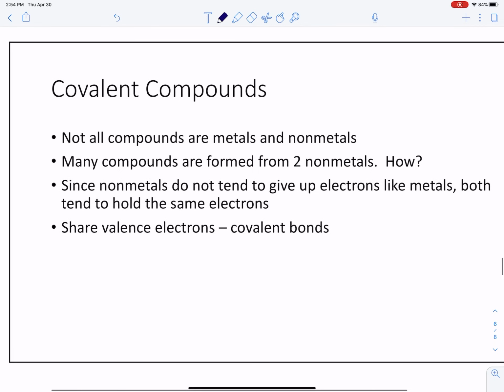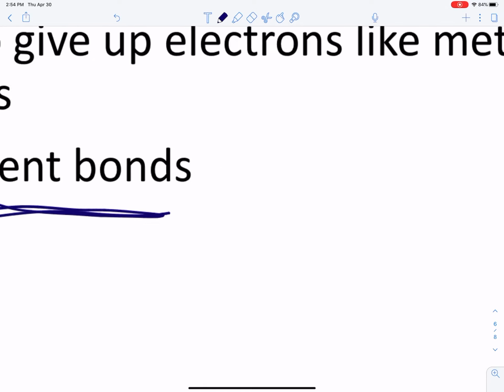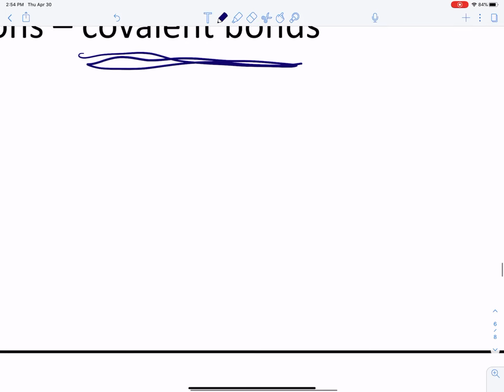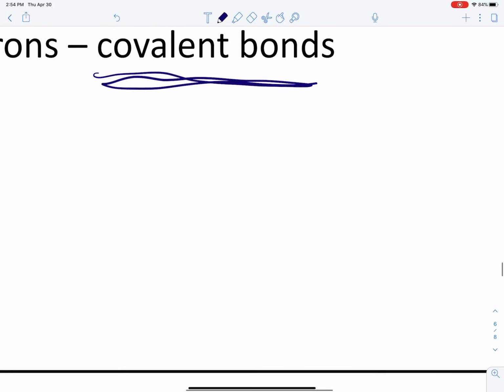Now, covalent compounds, because they share things, because they share valence electrons, they form covalent bonds. Now, how does this play out? Well, it's kind of like what I was telling you. What if I have something that's kind of interesting for y'all that's a covalent compound, has covalent bonds, would be